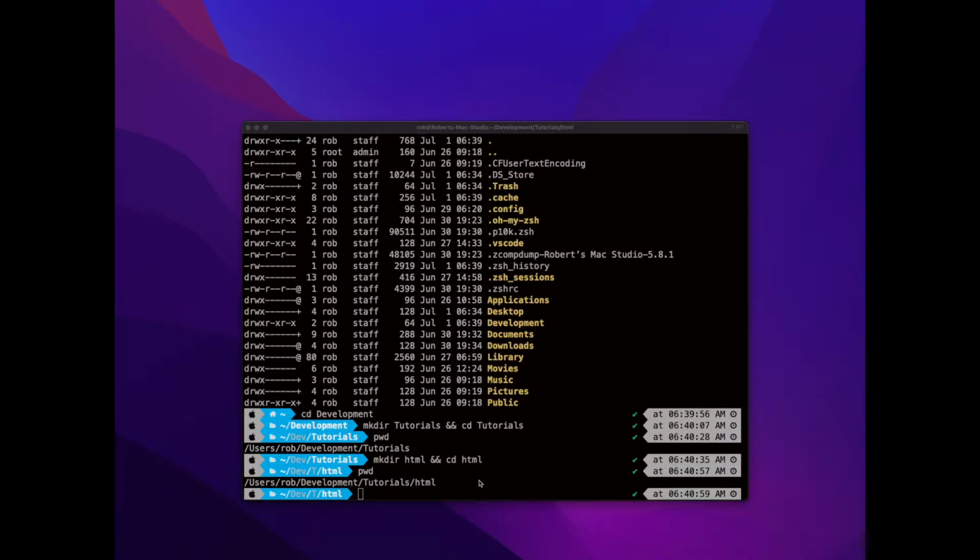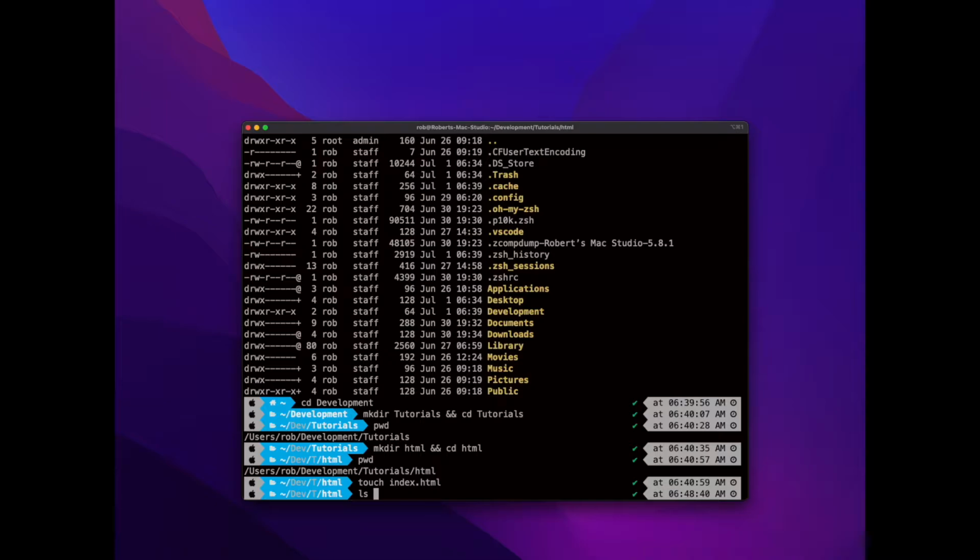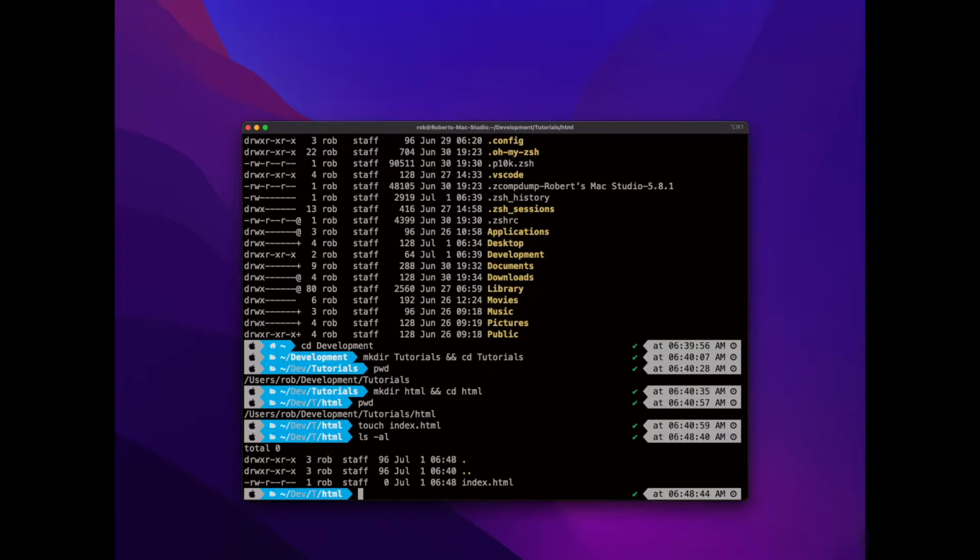When you're building a website, you'll have several files that represent the pages on your site. But it's common practice for the home page to be named index.html. So I can create that page, or at least a file in which I can write the code into that page using the touch command. So touch space the name of the file, which is index.html, and if I do an ls -al, we'll see the